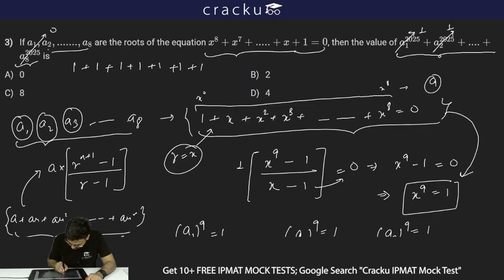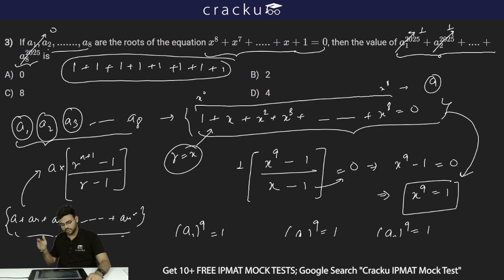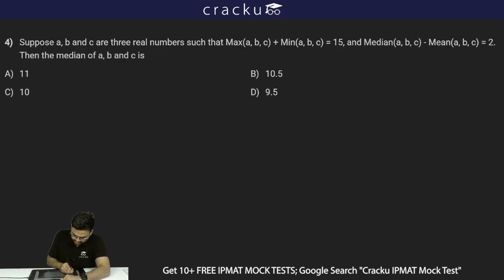So this is 1, 2, 3, 4, 5, 6, 7 and 8. So this is 1 plus 1 plus 1 plus 1 plus 1 plus 1 plus 1 plus 1. 1 is added 8 times and therefore the sum will be equal to 8, and therefore option C, 8, will be the correct answer. Now the next question is saying that suppose A, B, C are 3 real numbers such that